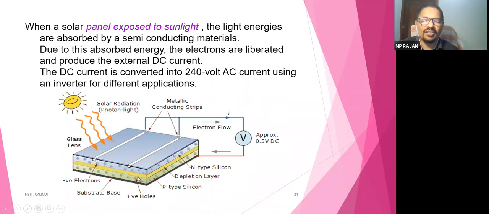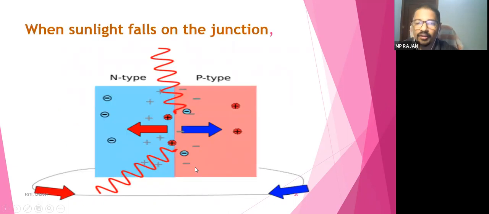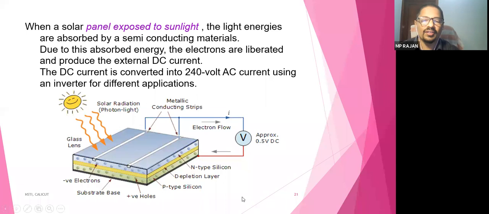So once again, the construction, let us see: this is the n-type semiconductor or n-type silicon, और this is the p-type. दोनों के बीच में डिप्लीशन लेयर होती है, इसके ऊपर मेटालिक कंडक्टर होती है, and in the n-type we have seen the number of electrons is more here. So this is connected externally, n-type is connected to the p-type. If you connect a voltmeter, you can see a generation of voltage.